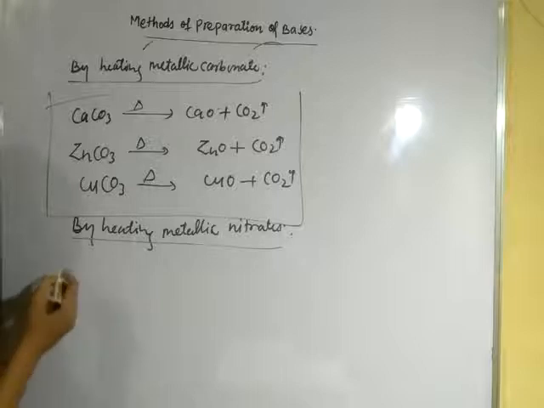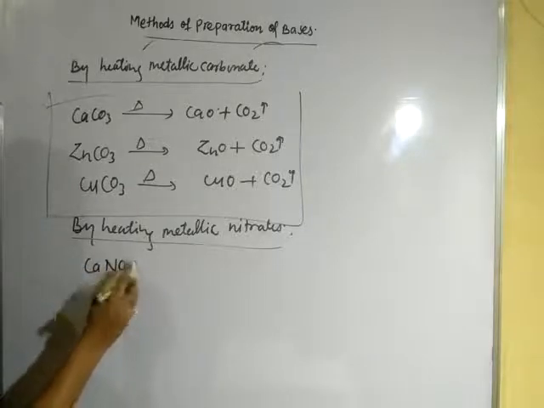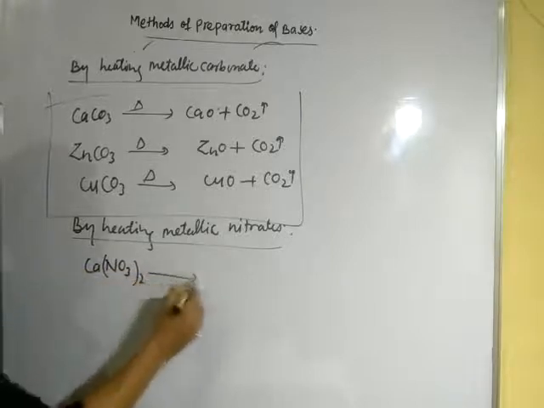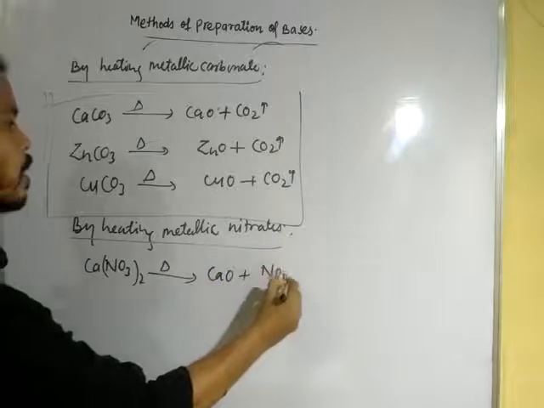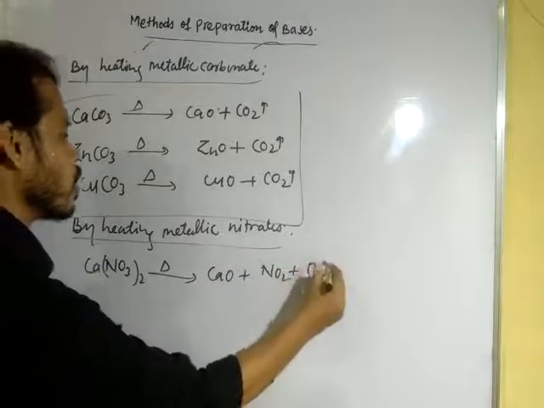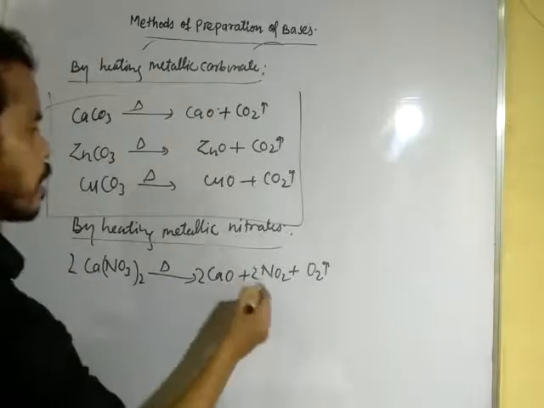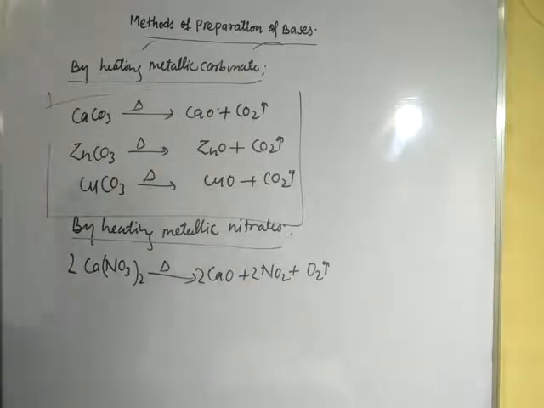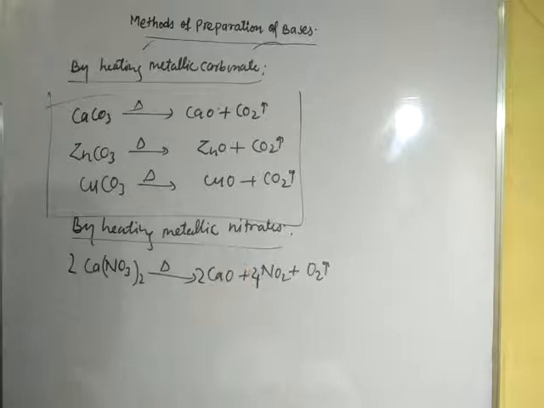See here, for example, when calcium nitrate Ca(NO3)2 is heated, it forms calcium oxide and nitrogen dioxide and also liberates oxygen gas. Clear, dear student? To balance this equation, multiply it with 2. Okay, I think this reaction is a balanced reaction. Okay, 2 2s are 4, that means it should be 4. Clear? Next one is zinc nitrate, like this.